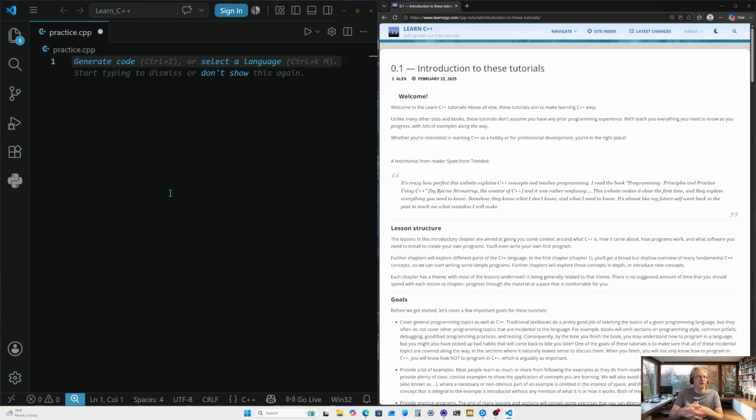This first section, chapter 0.1, is more of an introduction to this website, C++, compilers, everything to do with C++. I'm not sure if there's anything I'm going to learn in this, but I'm going to go over it anyway, just in case I discover something. The way we're going to do this is pretty much a bunch of comments.